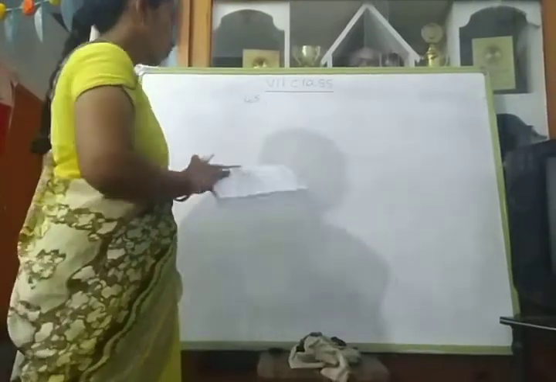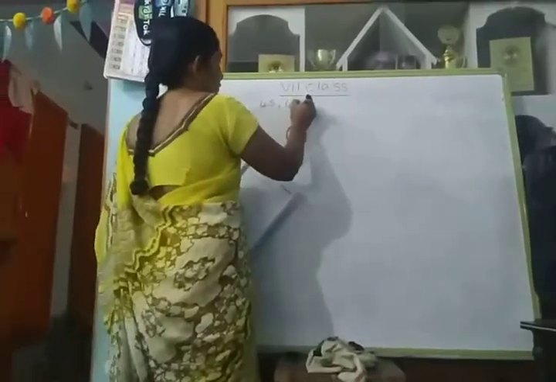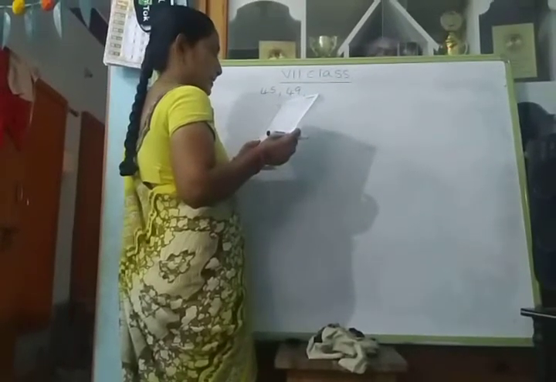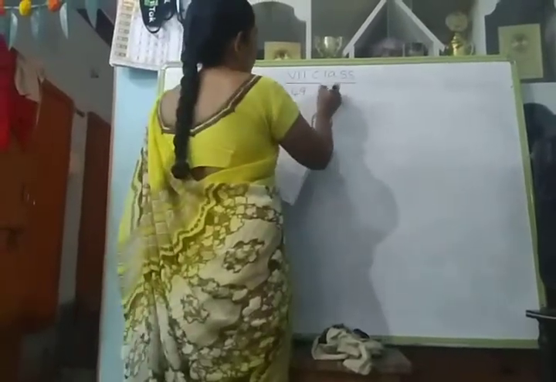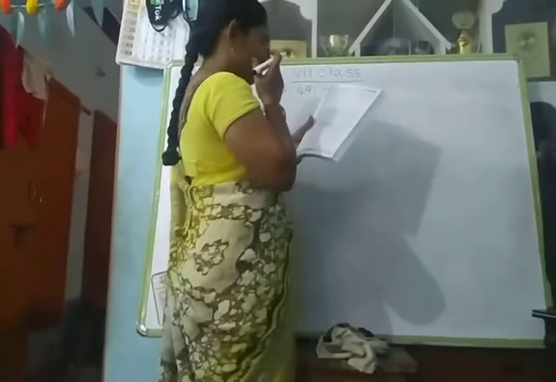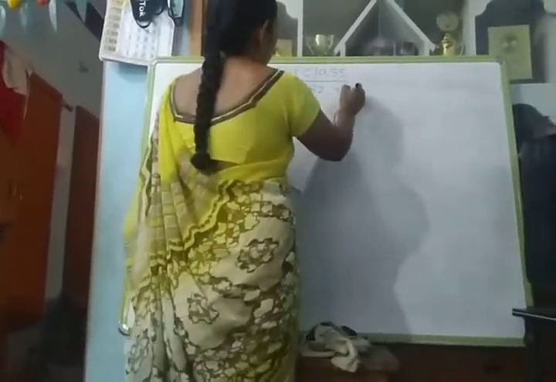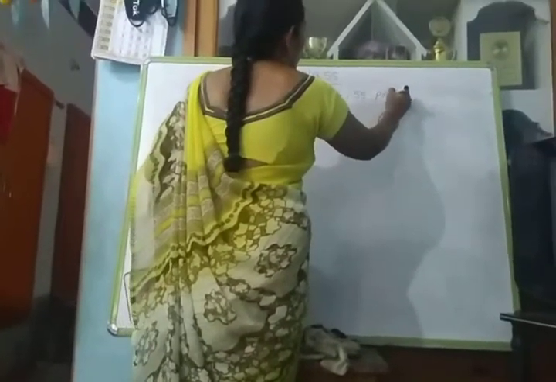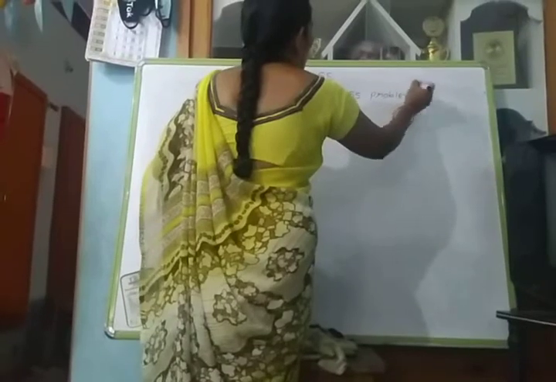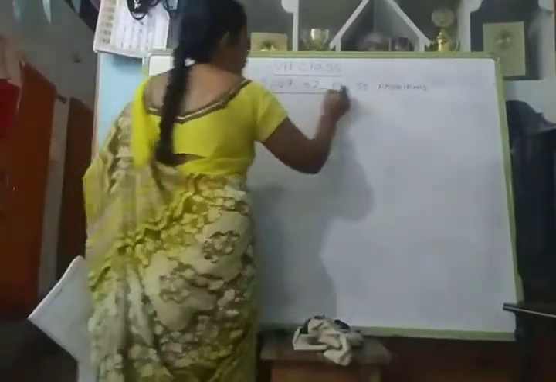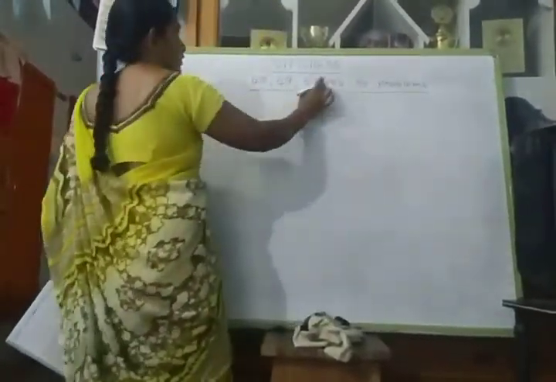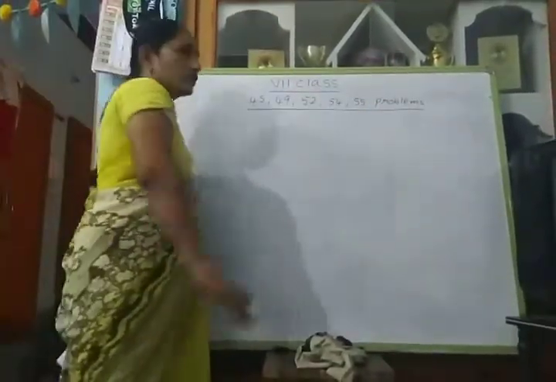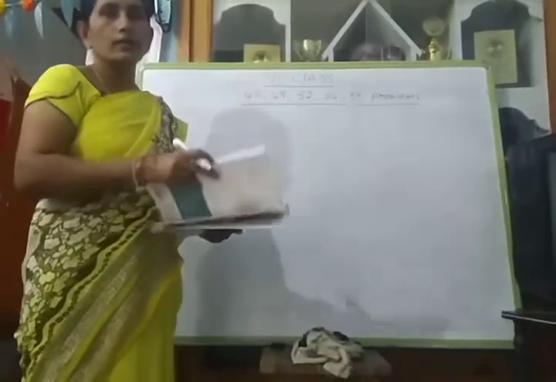So you can do homework problems 45, 49, 52 also you can do. Try all of you. Next I will explain. And 54, 55 problems. So these problems, 45, 49, 52, 54, 55, do as homework. The next two problems we will discuss in the next class.